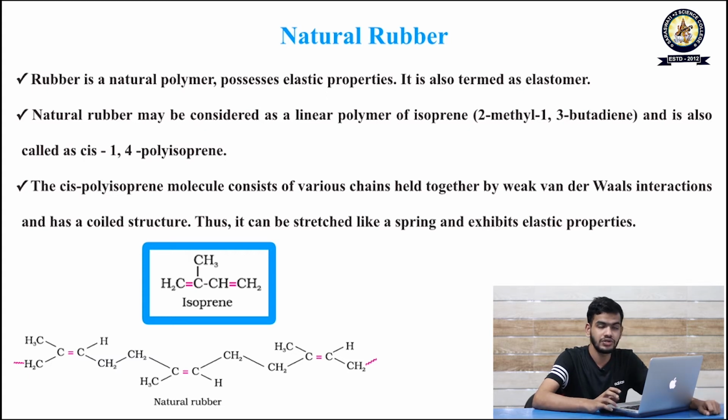So this is all about natural rubber, but there are some drawbacks or demerits of using natural rubber, because at a very high temperature it becomes very soft. As well, it is very non-resistant to some of the environmental oxidizing agents. So due to that, a new process is carried out to modify natural rubber, and that process is known